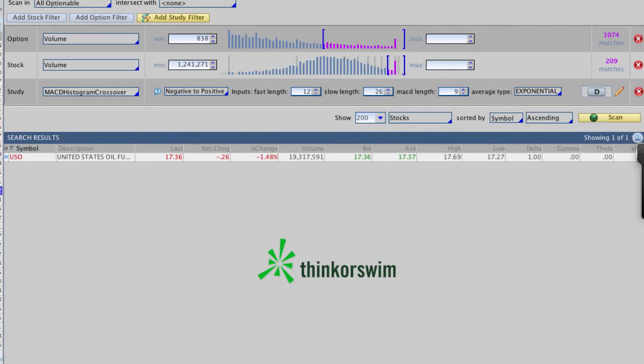The key here with scanning for trades is that you don't go through analysis paralysis. Have some set of defined filters or studies that you want to look for, or types of trading setups that you're looking for, and look for those quickly in the morning through your